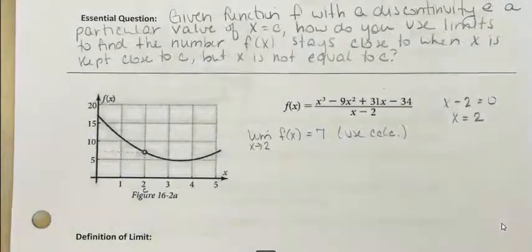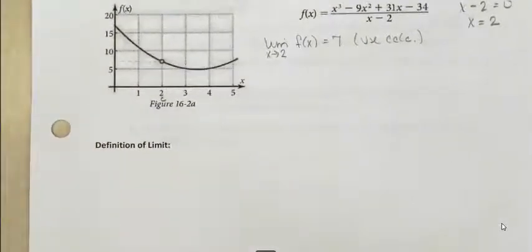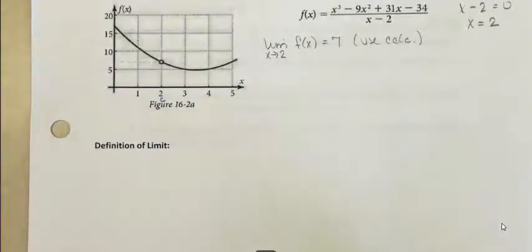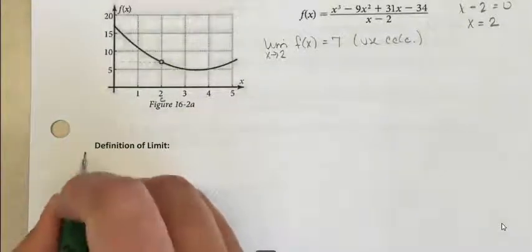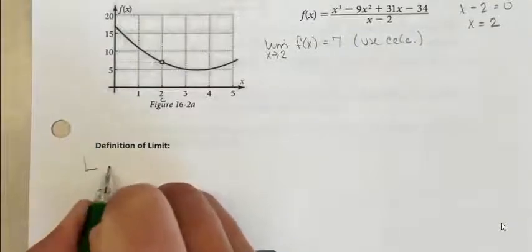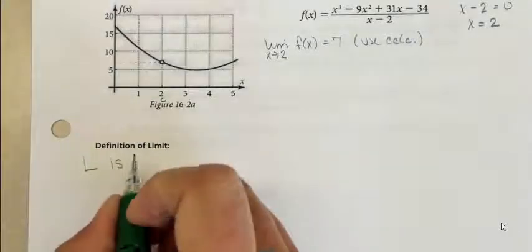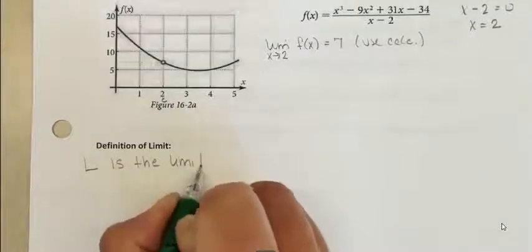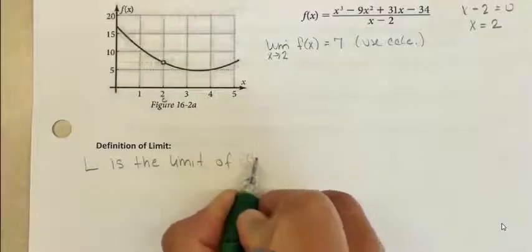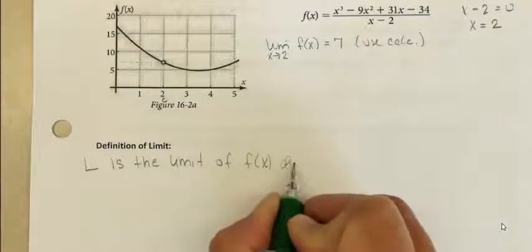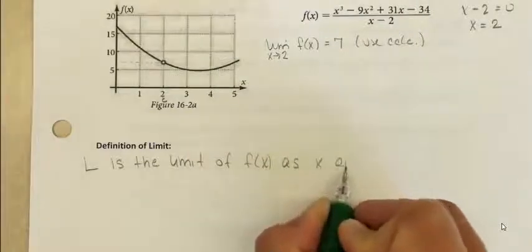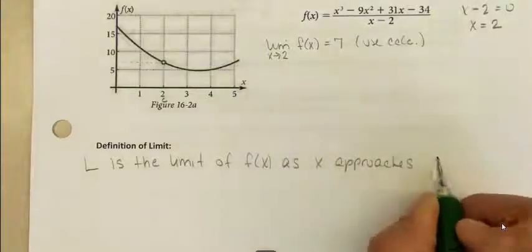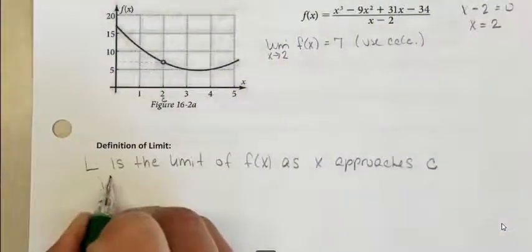Okay, so let's give you a definition for a limit. And I'm going to write this kind of weird, but it's in a way so that you can memorize it. And you're going to see this again next year in calculus. L is the limit of f of x as x approaches c, if and only if